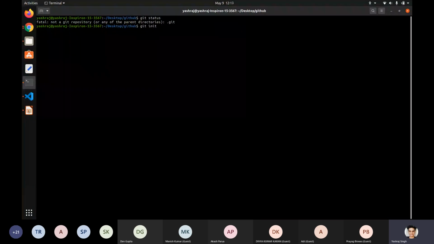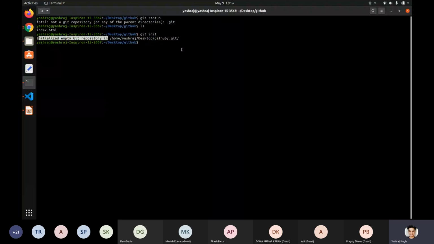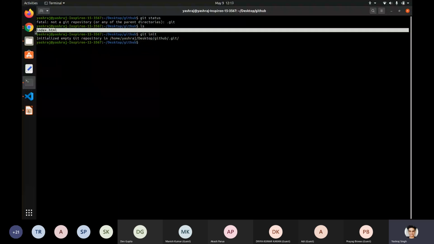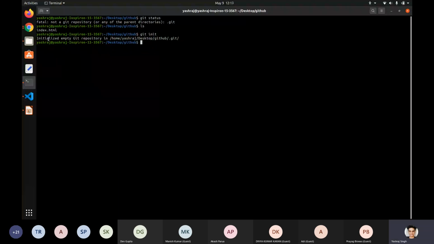So for making this folder a repository, I need to go over here. Okay, so I can type the command git init. What this does is it will initialize my empty git repository. Now my repository is currently empty. As you can see, I have an index.html file, but it is not inside my git repository. If I type git status again, you can see